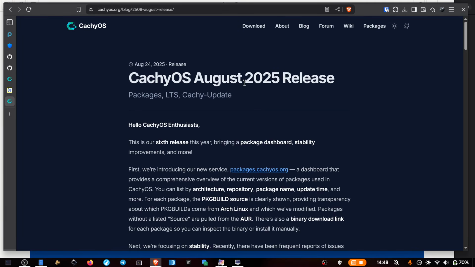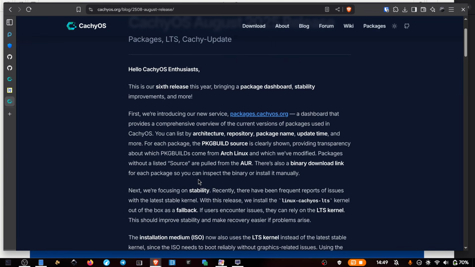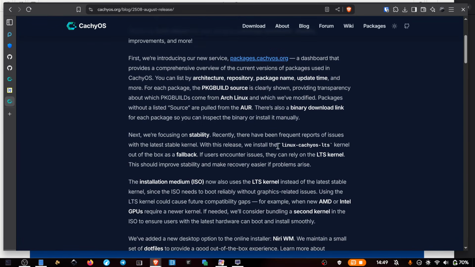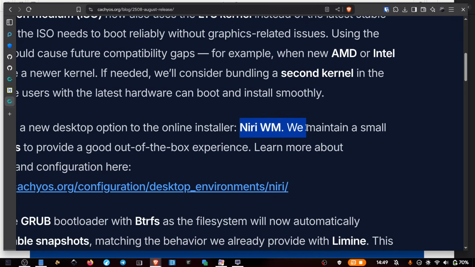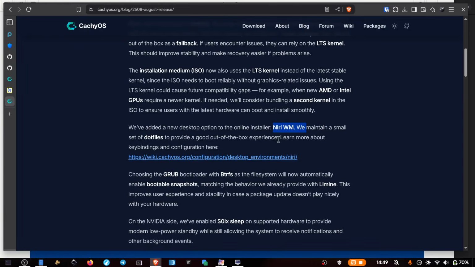This is CachyOS August 2025, and here we have many new features that I'm also interested in. So CachyOS provides two Linux kernels, the LTS one and also the latest Linux kernel, and it also provides the Niri window manager, which is a very interesting compositor for Wayland, and it also provides an alternative to the GRUB bootloader,